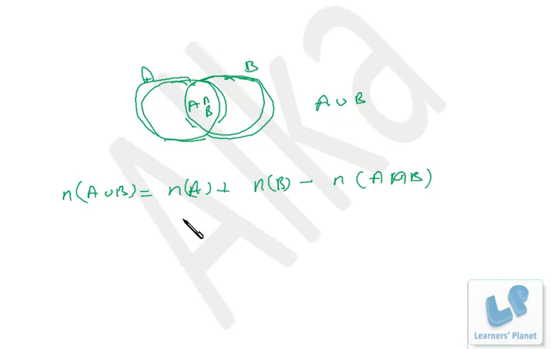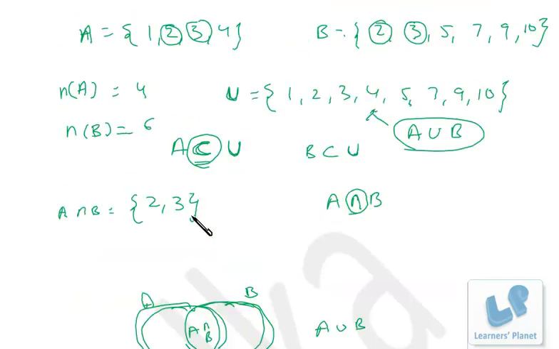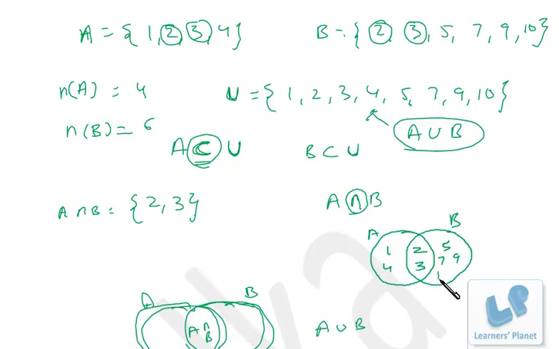Similarly, suppose I take this previous example where A is 1, 2, 3, 4, and B is this. Suppose I wish to present them in the form of a Venn diagram. It's A, it's B, right? Now 2 and 3 are common, so I'll write 2 and 3 over here. Then 1 and 4, that's 1 and 4. Here 2, 3 we have already done. Then 5, 7, 9, 10, right? So if you are asked,